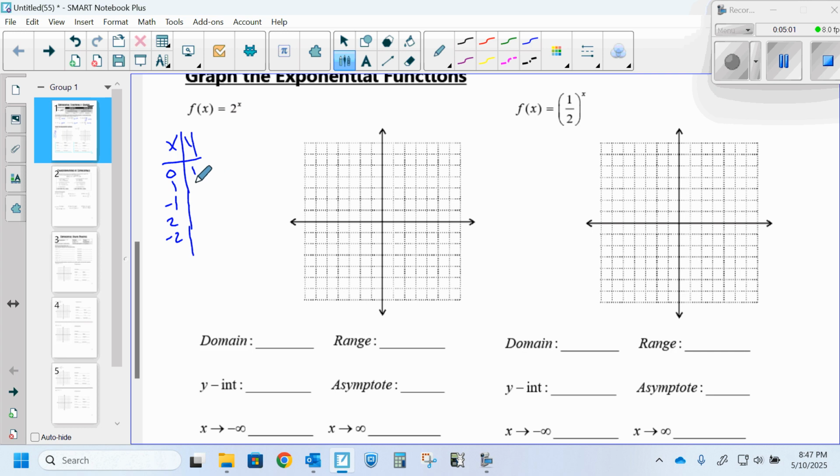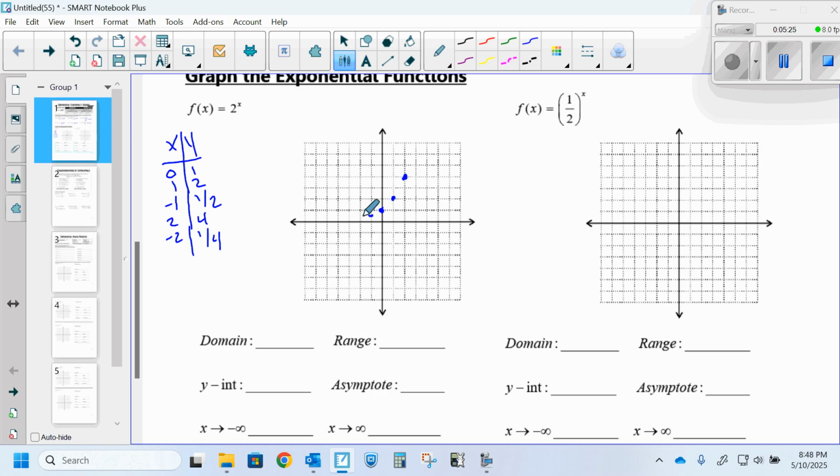Plug in 1, the first is 2. Plug in a negative 1, it's a half. Plug in 2, you get 4. Plug in negative 2, 2 to the negative 2 is 1/4. So we have 0, 1; 1, 2; negative 1, a half; 2, 4;